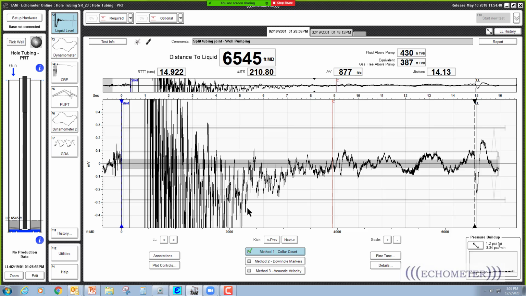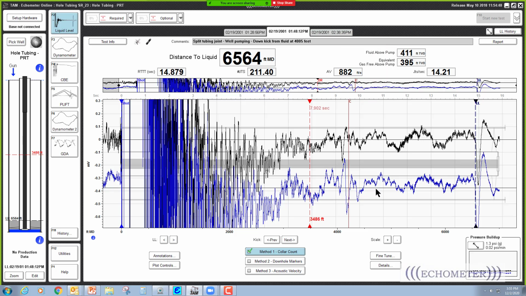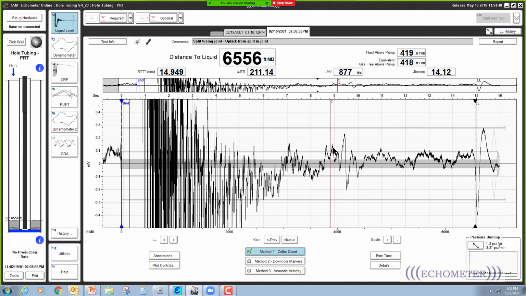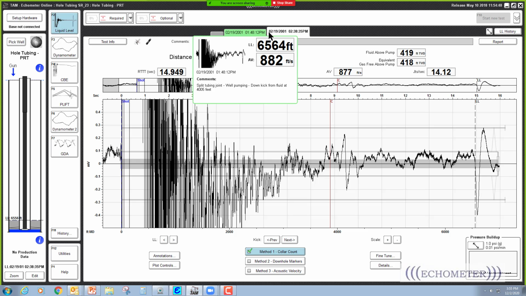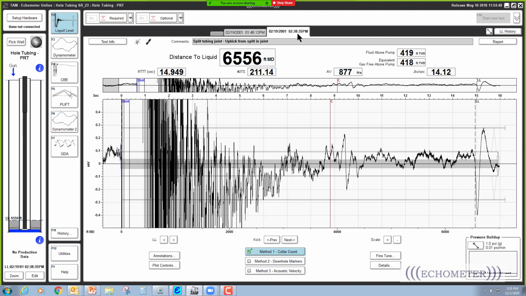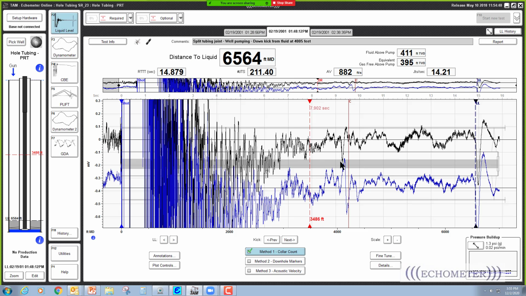And the cool part about this one, this is the one I think is cool, because when you overlay the two shots, and this is the shot that was done after it had been down for 50 minutes. See, look, here it's 148, and then 238. 50 minutes later, he shot the well, and the down kick became an up kick, and that's because when